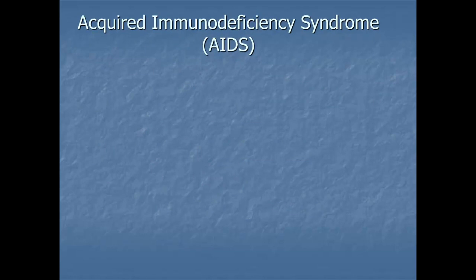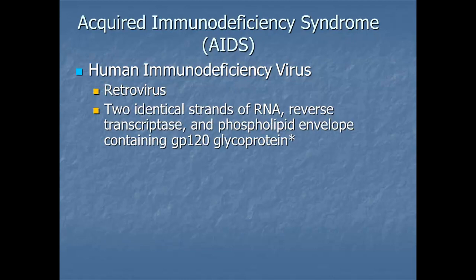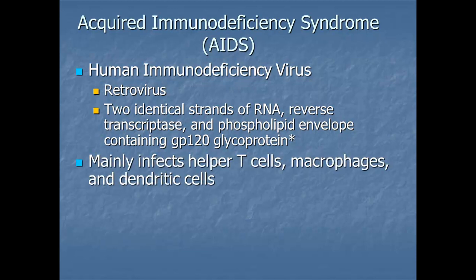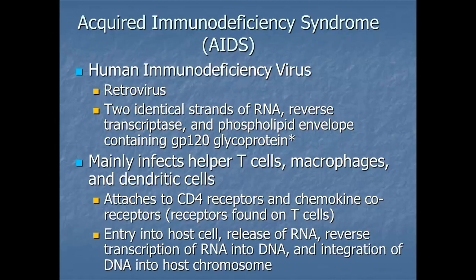Acquired immunodeficiency syndrome, or AIDS, is caused by the human immunodeficiency virus. It's a retrovirus. It has two identical strands of RNA, reverse transcriptase, and a phospholipid envelope containing the GP120 glycoprotein. It mainly infects your helper T cells, your macrophages, and your dendritic cells. It attaches to CD4 receptors and chemokine co-receptors, which are found on your T cells. It finds entry into the host, release of RNA, reverse transcription of RNA into DNA, and integration of the DNA